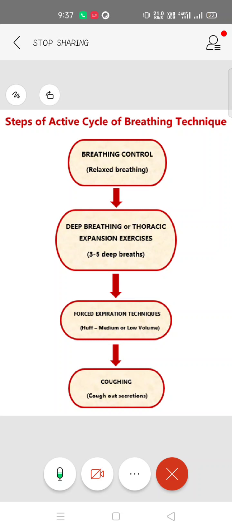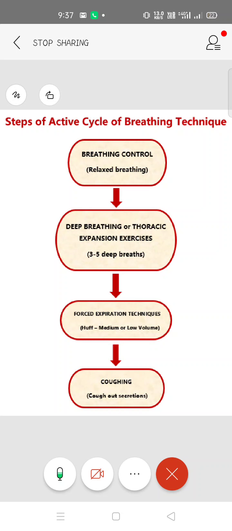You can also add those here, but if the patient is not able to do it, then it's better to keep it limited only to the deep breathing. That is, take a deep breath in, hold it for 2 to 3 seconds, and then let a deep breath out, just like a sigh. It is not like you will force the air out, but you will do it in a gentle way, and then you will repeat it 3 to 5 times.